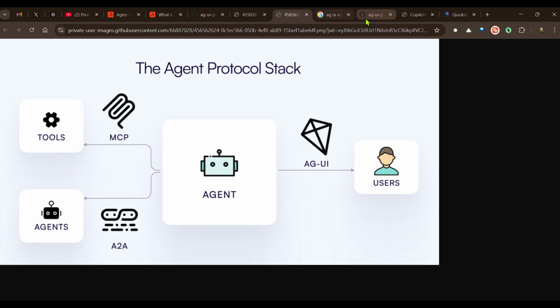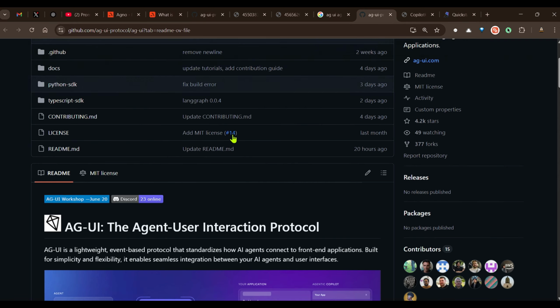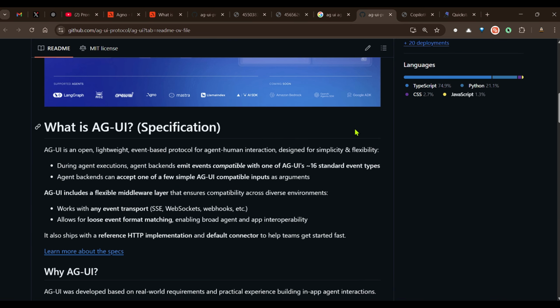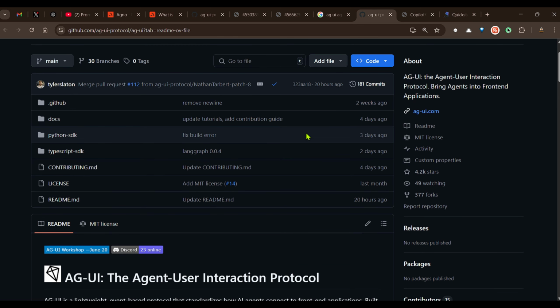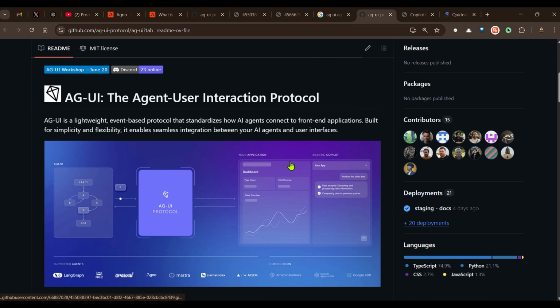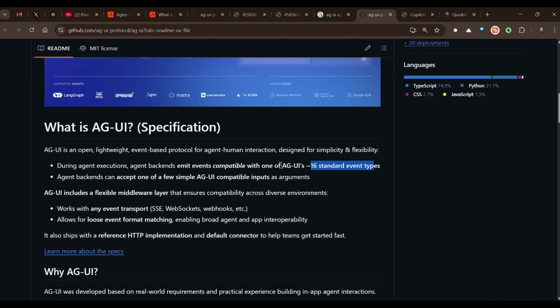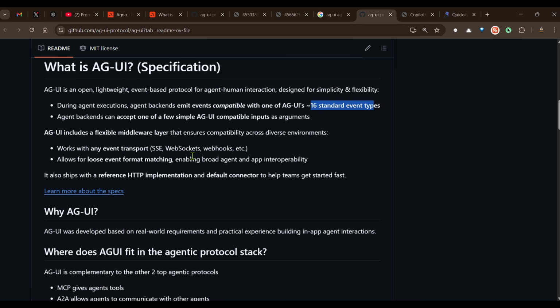So there are different integrations that you can do. So we have this AGUI, and you can see that it basically works with the help of standard events, and there are 16 standard event types which have been modeled in AGUI. You can go ahead and check out the code of how they are doing, but that is for another video in the pipeline. But in this video, what I'm going to do is help you set up everything from start to finish,